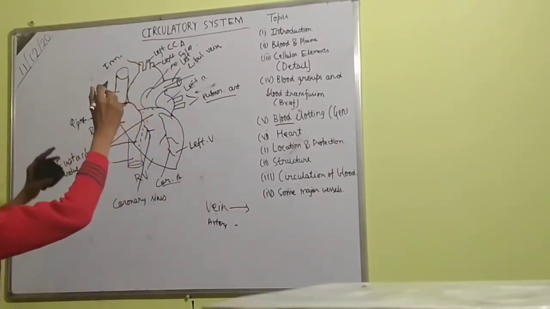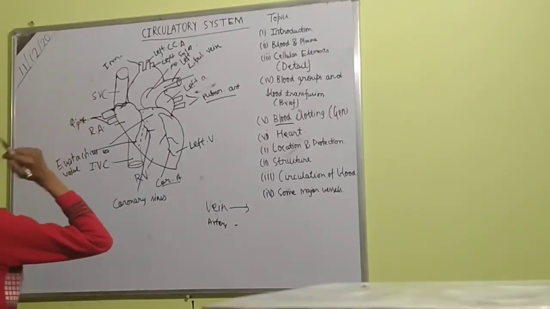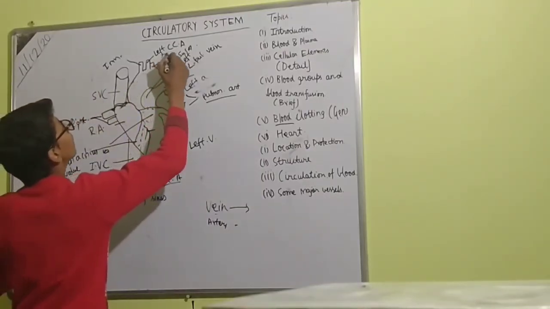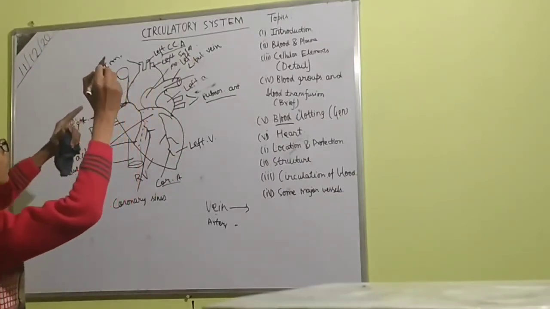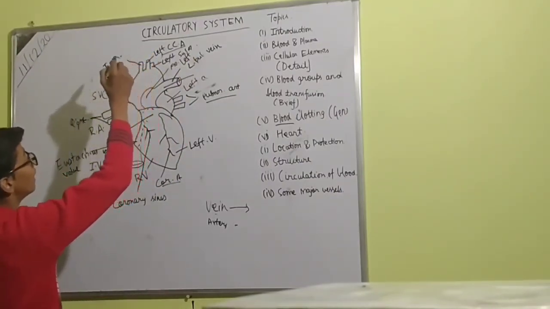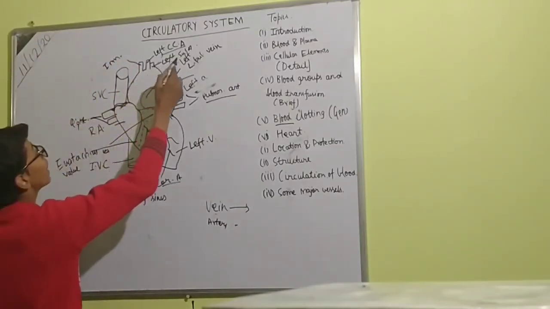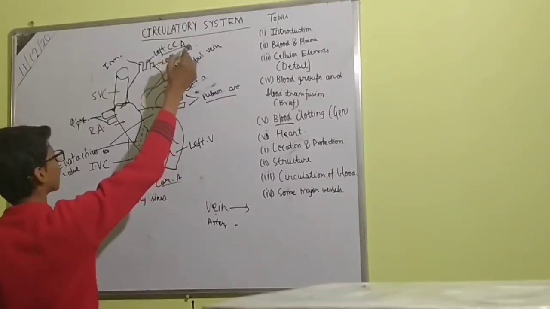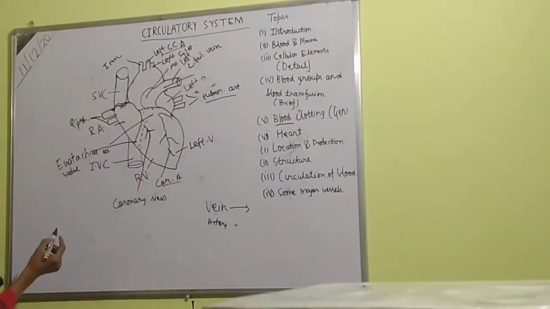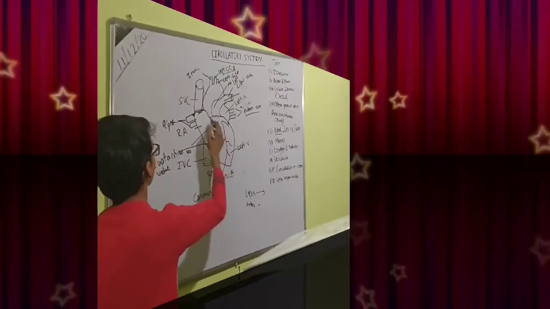Innominate takes deoxygenated blood from arms and neck. Left common carotid artery brings blood from heart to head and neck and nearby head means this place. And left subclavian artery brings blood from left arm, pulmonary artery, left ventricle. So we have